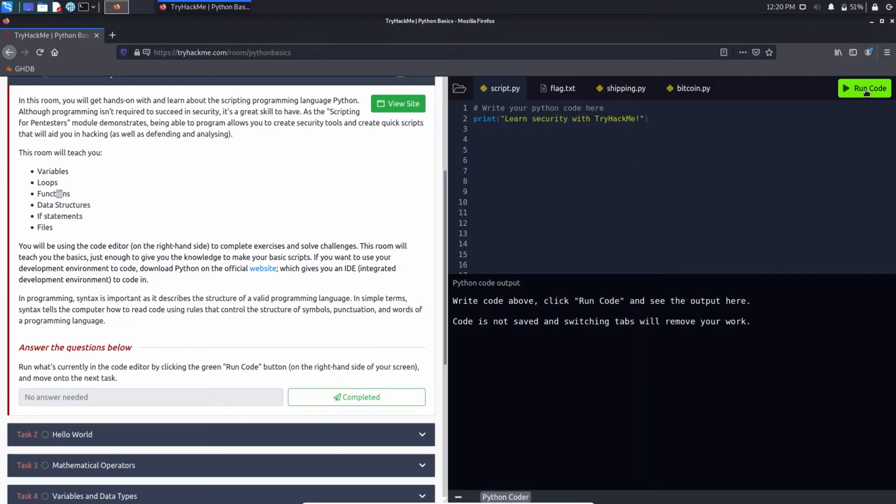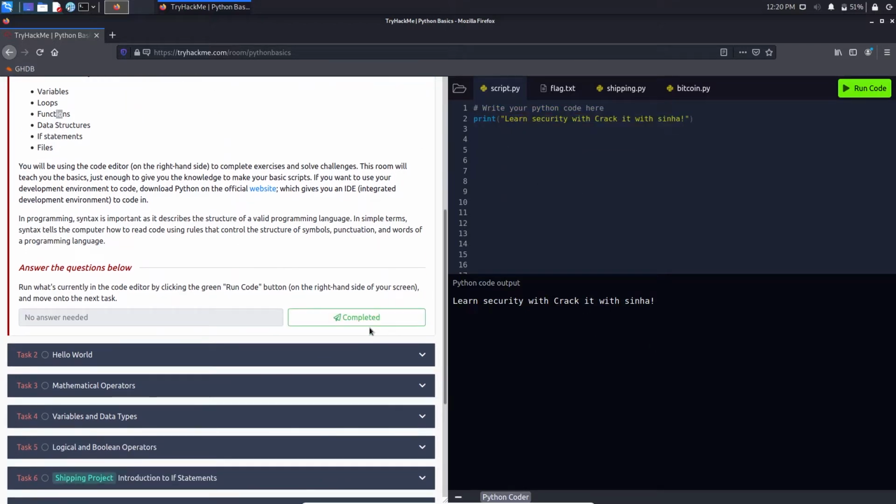When we click run code, this will print the output, Learn security with Try Hack Me, or we can just change it to something else. And if we do so, this is the output. Basically this is a small print statement, so we'll first of all click on completed for this task one.